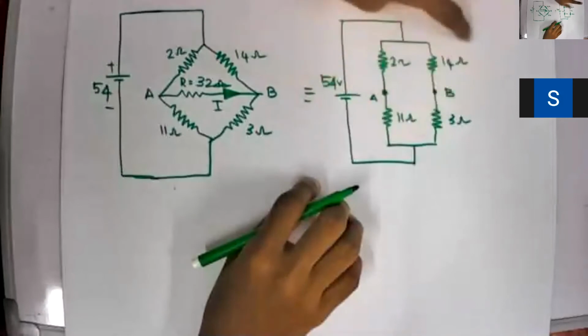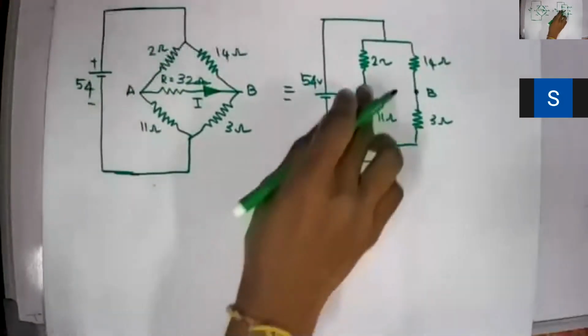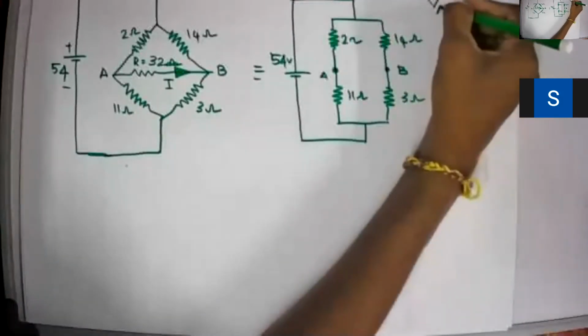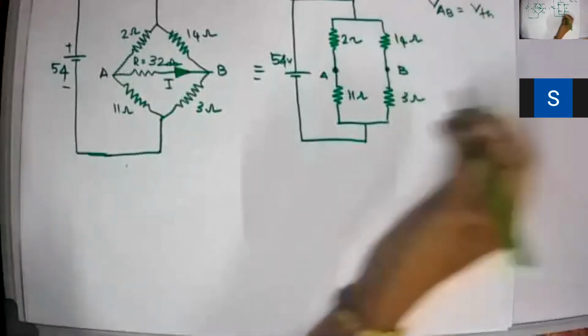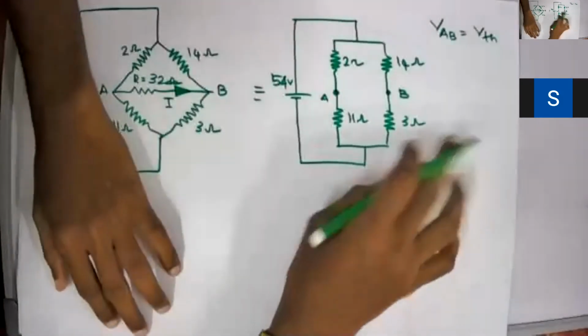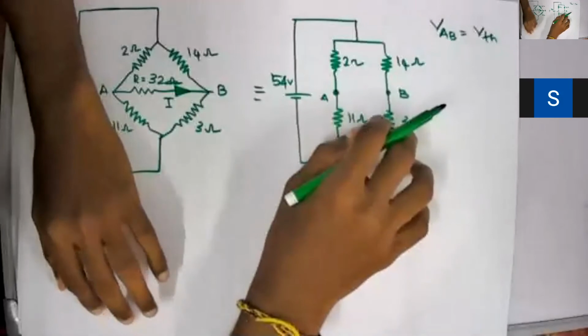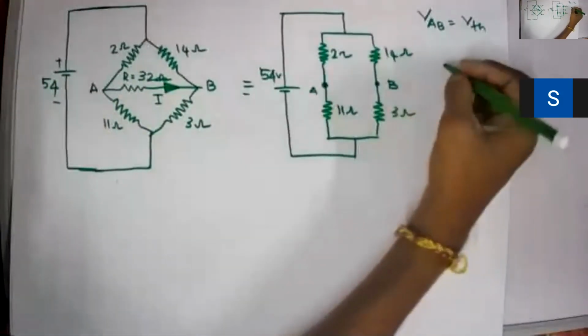The circuit is not balanced. Right, now what will be my VAB, VTH? VAB equals VTH. Here I am going to use the two potential divider model. So my VA will be